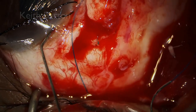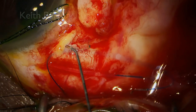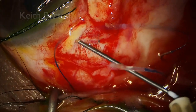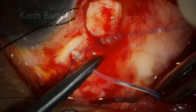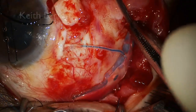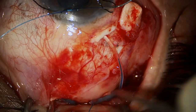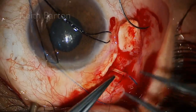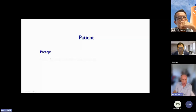And I was somewhat reluctant to use a separate quadrant, screwing up two quadrants. So I put it in a little bit sort of back to front, simply because I wanted to get the tube into the AC to close that site. I was trying to use the same AC entry site before stitching the plate on, which is obviously not the way I would normally do it. And that was fine. And closed it all down, and post-op